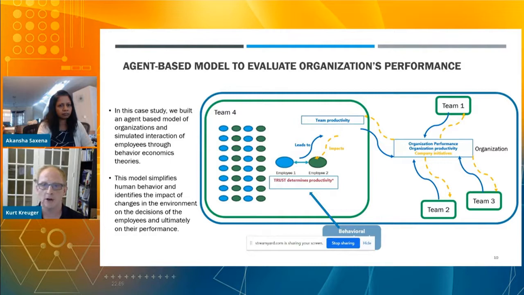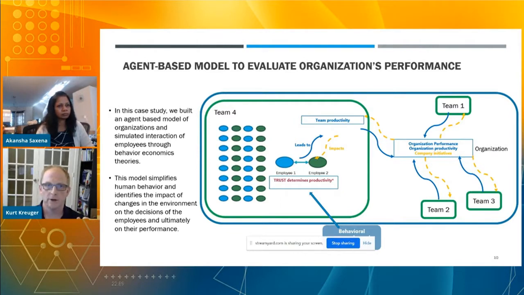And then we can also look at how established teams versus new teams may play a role in the development of trust over time. So this simplified model essentially has a number of teams in it with a number of interactions. So if we go to the next slide,